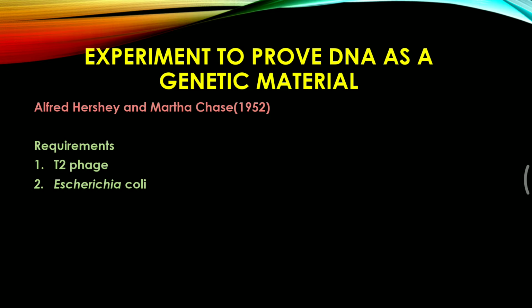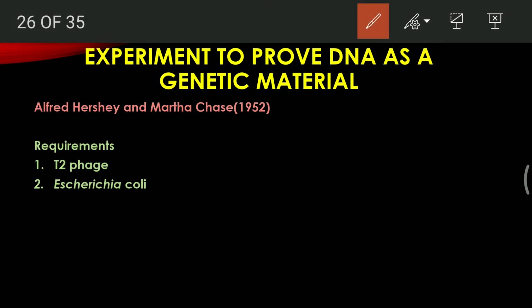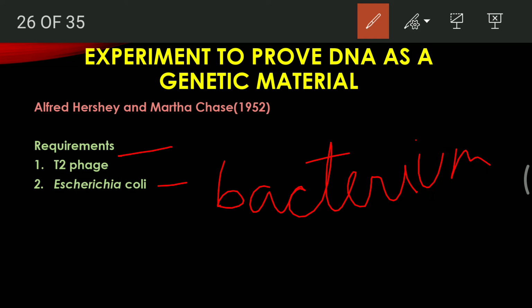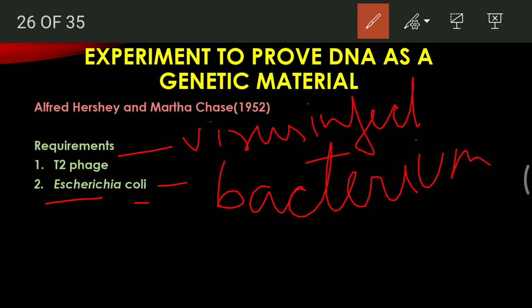One was a T2 phage, and another one was an E. coli bacterium. Now the difference between an E. coli bacterium and T2 phage is that T2 phage is a kind of virus which infects a bacteria. I cannot write it over here, but you should understand. So T2 phage will infect a bacteria and E. coli is a bacteria. So we required these two things, and then we proceed with this Hershey and Chase